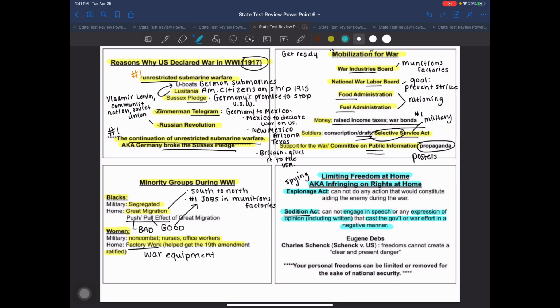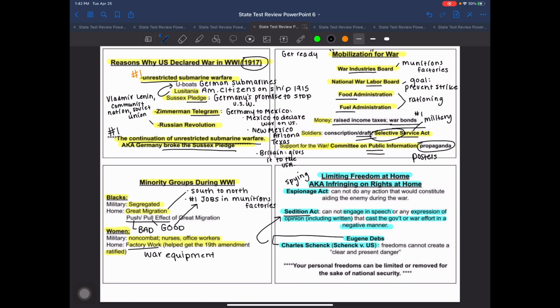And if you don't believe me, look at these two instances where Eugene Debs was speaking out against the war and our involvement in it. He gets arrested for breaking the Sedition Act. Charles Schenck gets arrested for publishing some pamphlets that were anti-draft pamphlets encouraging young men to not register for the draft. Well, that's seen as a threat to our war effort because we have to have soldiers in order to win. And here he is trying to get men to not even register for the draft. So I'm actually going to bracket these two men together and draw an arrow to the Sedition Act because that's what they get in trouble for.